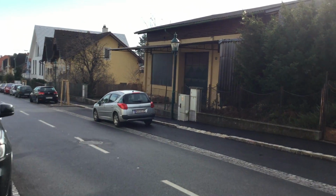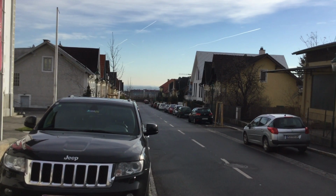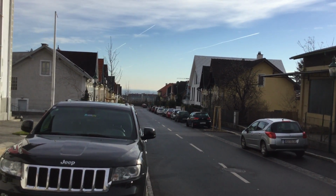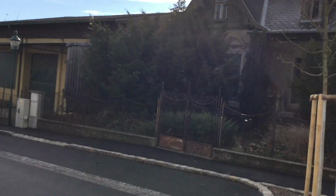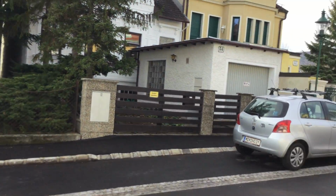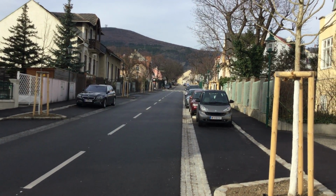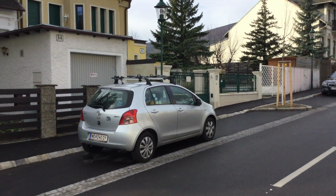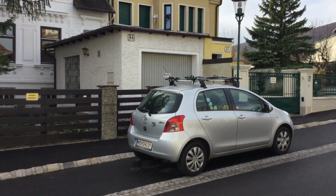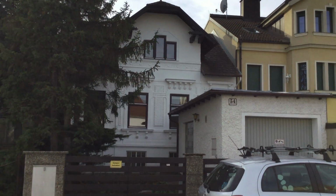Out that way, that's to the east, and that looks towards Hungary, actually. About, I don't know, 40 minutes out that way. So, on this road up here is a school also, so a lot of kids walk through here during the day. And then this is the house here, built in 1924,